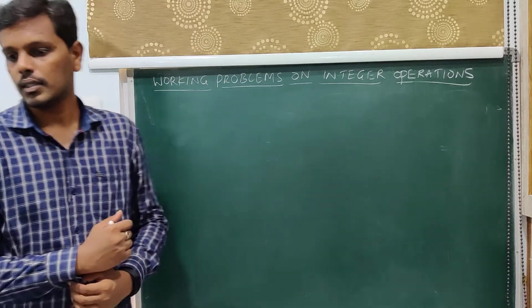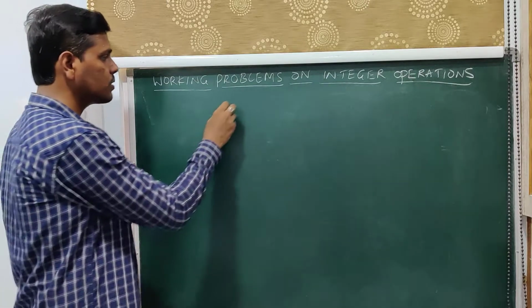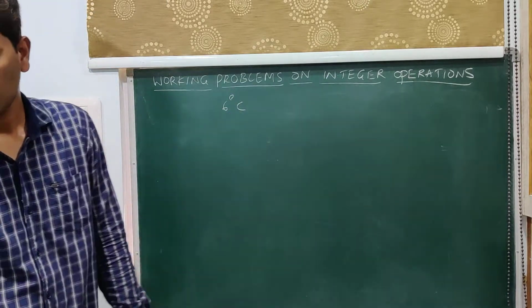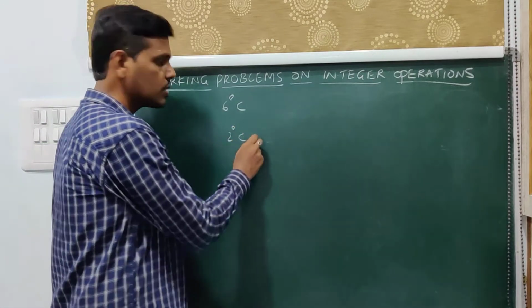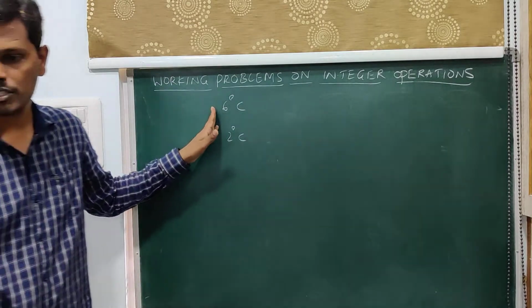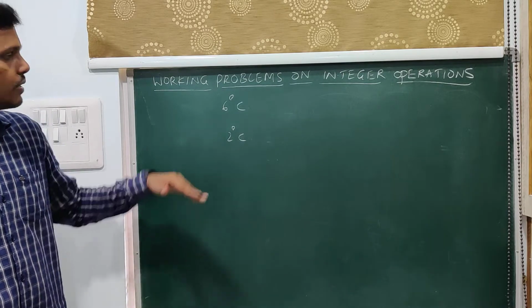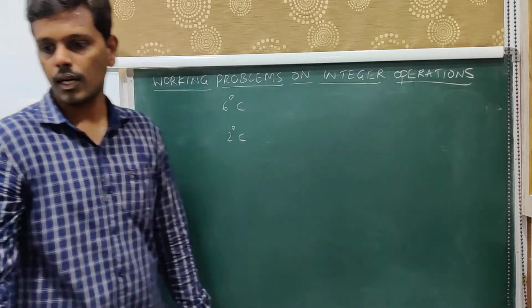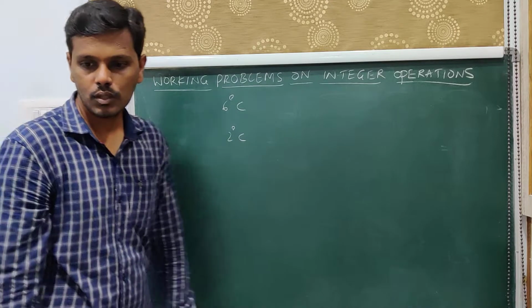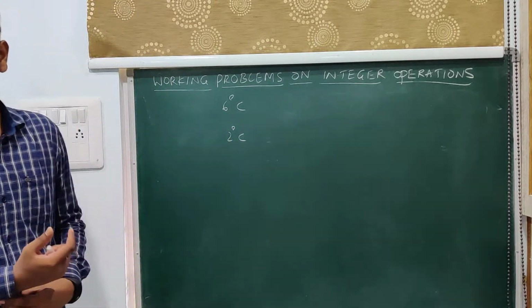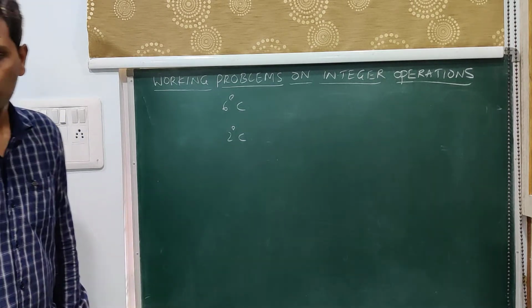So the temperature is dropping by 2 degrees Celsius. It is 6 degrees Celsius right now. So the present temperature is 6 degrees Celsius. Now every 1 hour it is being dropped by 2 degrees Celsius. So just like the previous problem, where the initial temperature is 2 degrees Celsius and the temperature is dropping by 3 degrees Celsius. In this problem, the initial temperature is 6 degrees Celsius and the temperature is dropping 2 degrees Celsius every 1 hour. Now they are asking you after how many hours the temperature becomes minus 10 degrees Celsius. So we don't know after how many hours the temperature becomes minus 10 degrees Celsius.